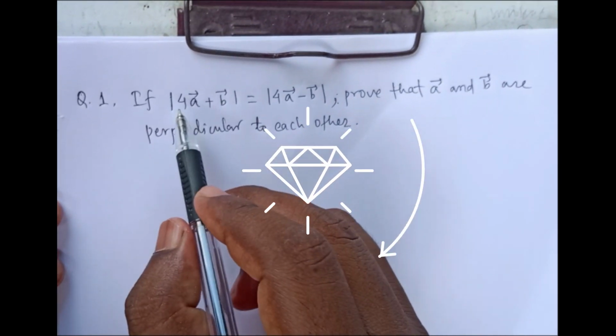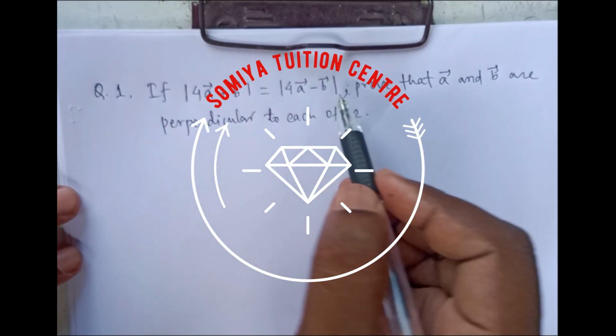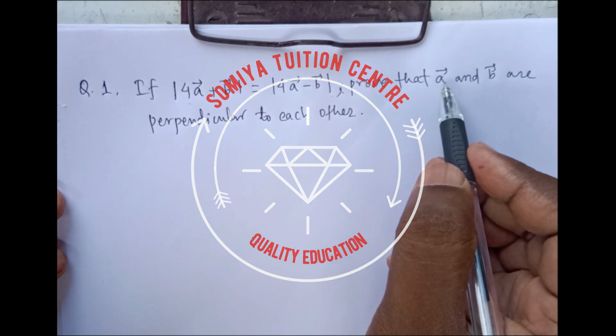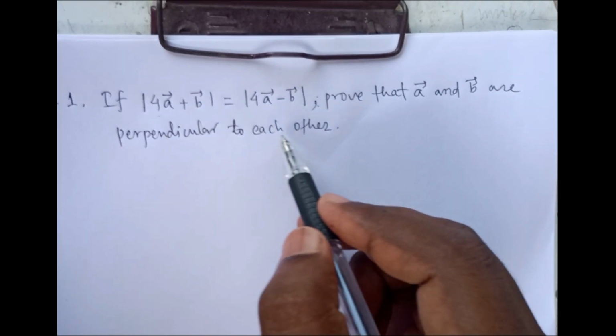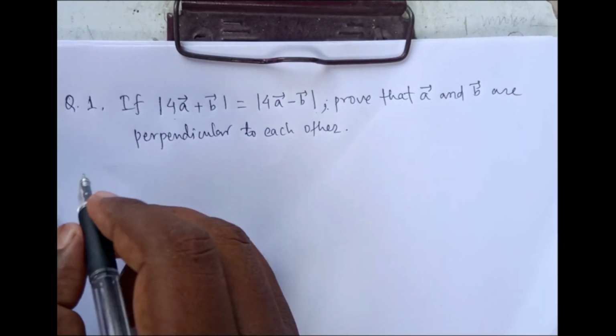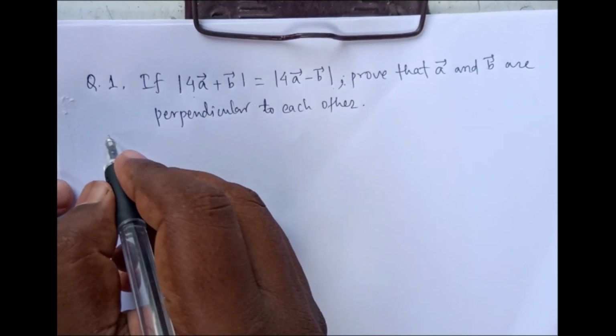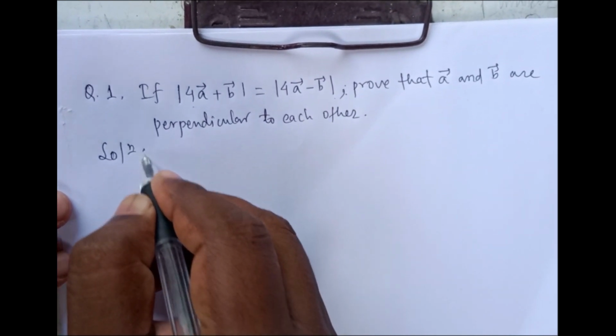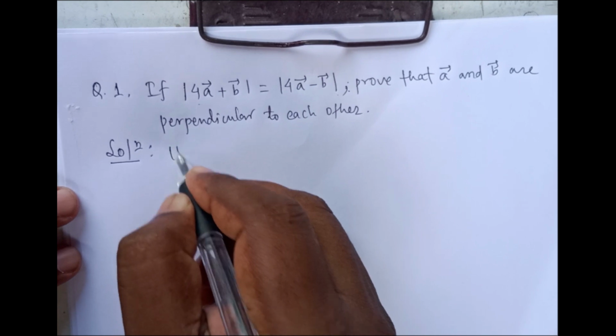Here is one question. This is the given condition, and we have to show that the vector A and vector B are perpendicular to each other. Let us look at the solution. While solving, here we have